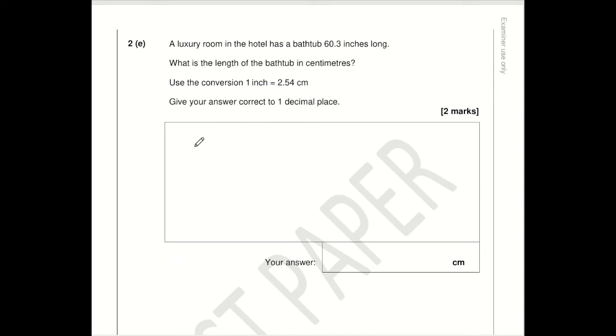Okay, so here we know that 1 inch is 2.54 centimetres. Sorry, this is the symbol for inches, and we want 60.3 inches. So that is just going to be 60.3 lots of 2.54, and 60.3 times 2.54 is